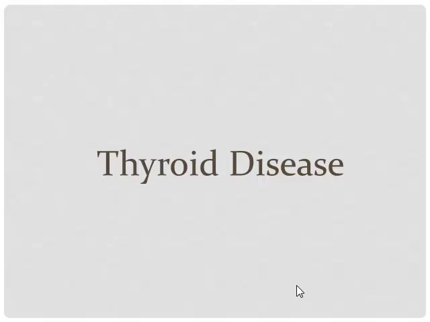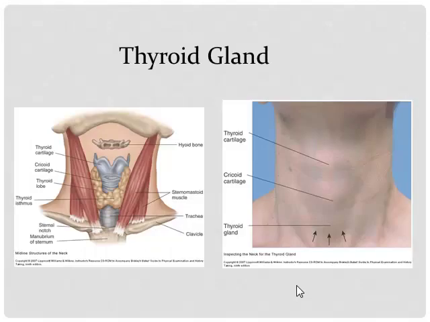In thyroid disease, we'll talk about two different types, hypo and hyper. And so the thyroid gland, just to orient you to this slide, when we look at this, the hyoid bone is right here. The thyroid cartilage then sits down below it, and the hyoid bone, if you swallow, will move, right? And then around it, we have the thyroid gland right through here. The thyroid gland on the individual here would be right there.